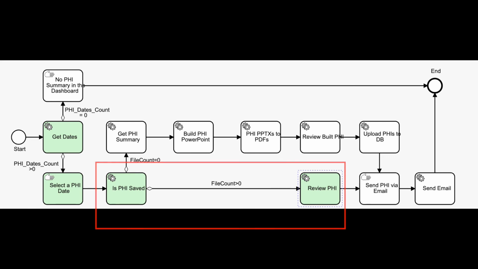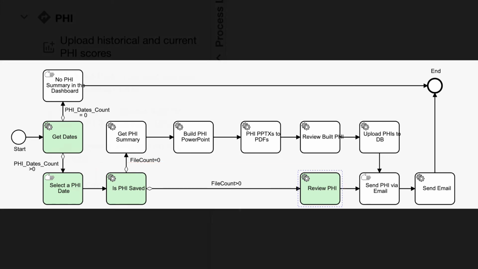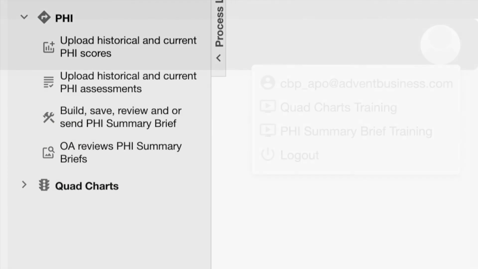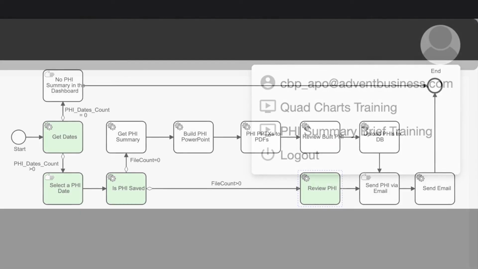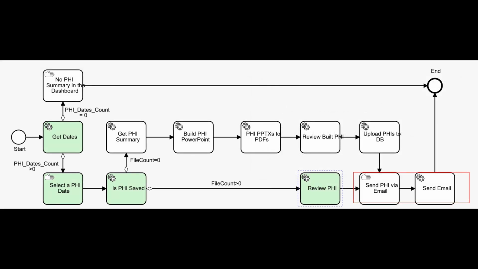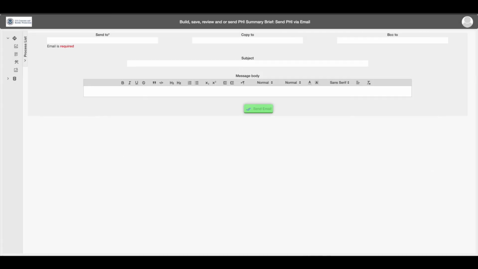Once the PHI summary briefs for a period are finalized, the user may click Another Process, log out from the dashboard, or move to the next step for sending PHI summary briefs PDF files for each office, one master consolidated summary file for all offices via email to members of senior leadership and other members of OA, and send a copy to himself or herself.